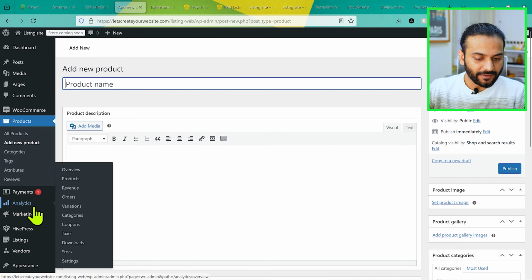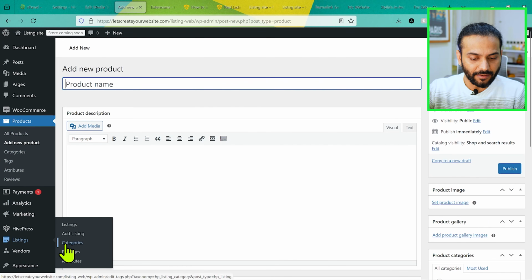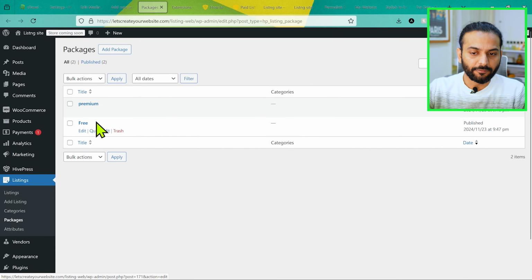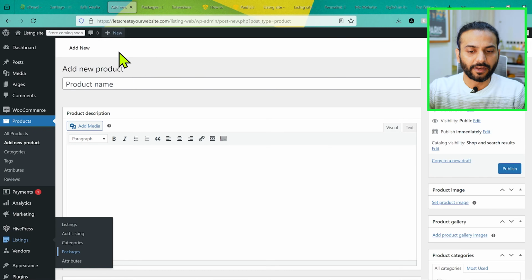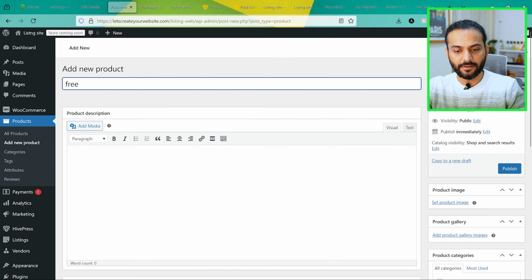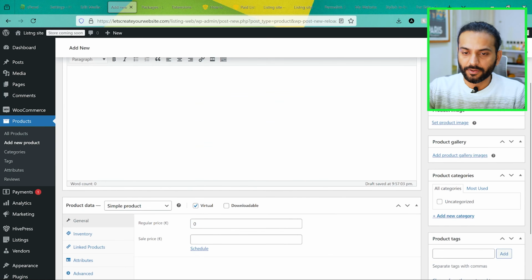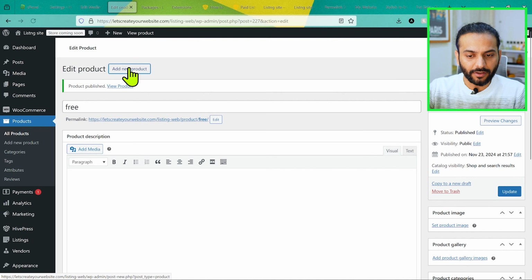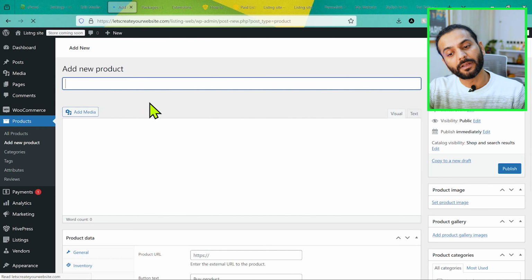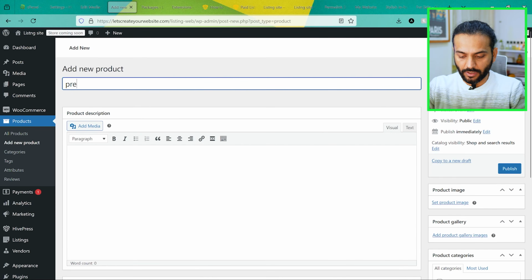Remember, we have created 2 packages here. If I go to listings and then packages, premium and free. So now when we create new product here, first we're going to name the first product free, and then click on virtual, and then just add 0 here, and then click on publish. And then we click on add new product. This is gonna be for the premium listings. So we're gonna name it